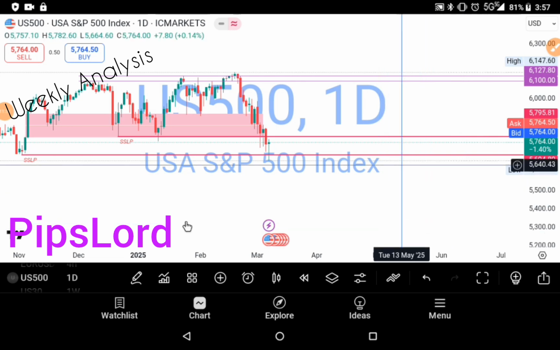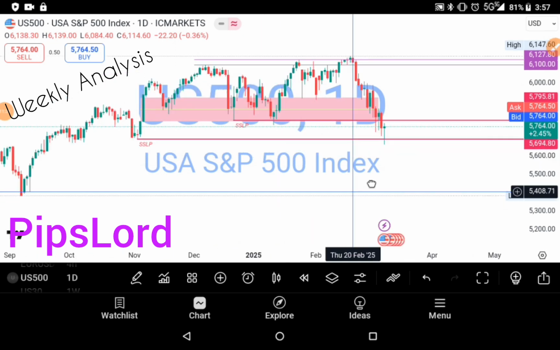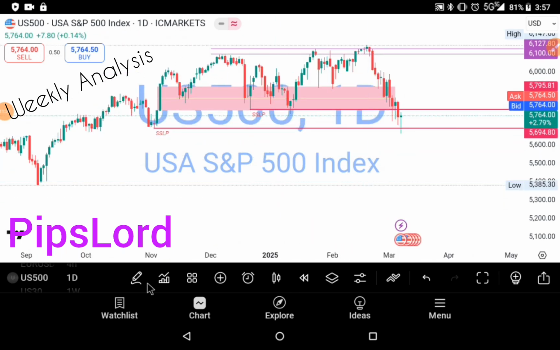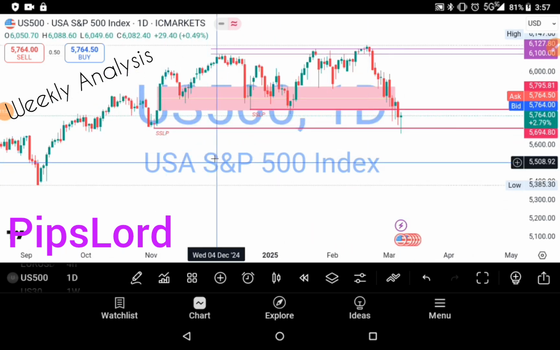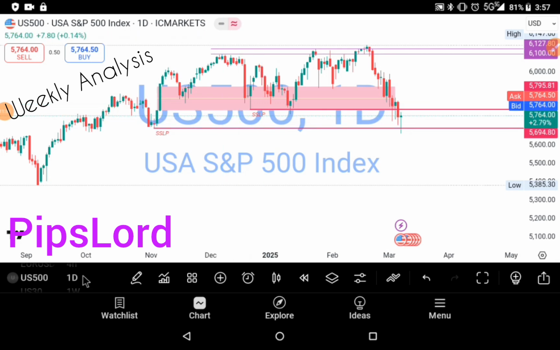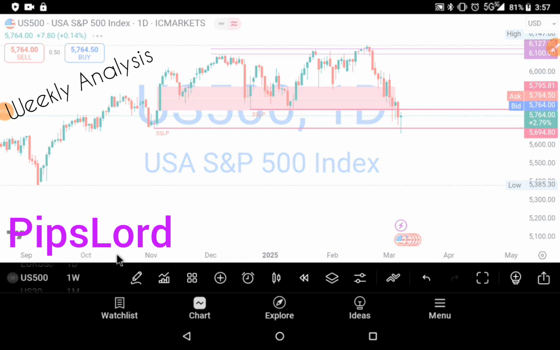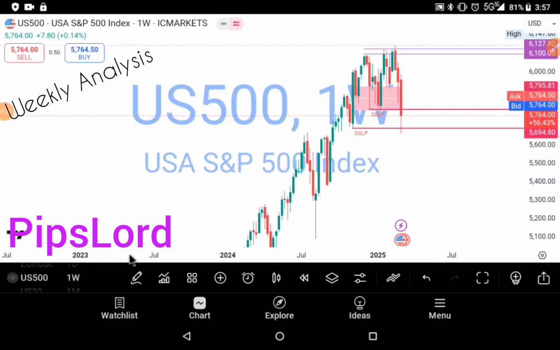So this level here has been taken. We've cleared this level here. We've cleared the sell side liquidity pool, the obvious sell side liquidity pool. So I'll be watching, can the market price stay below